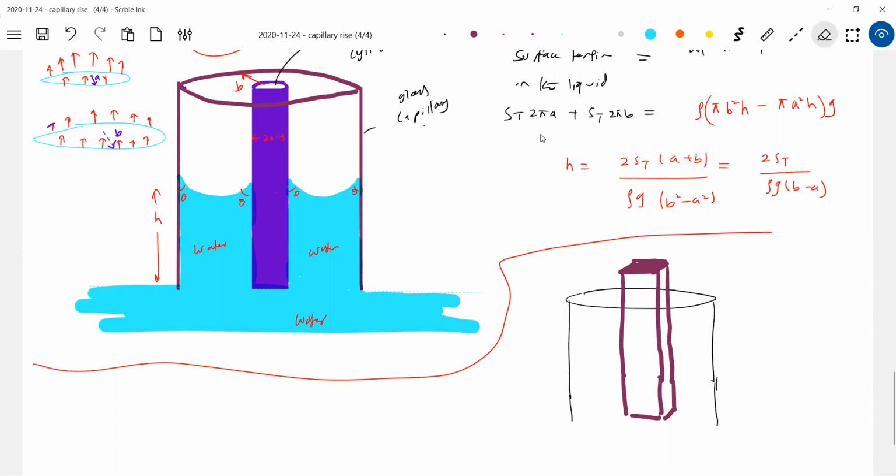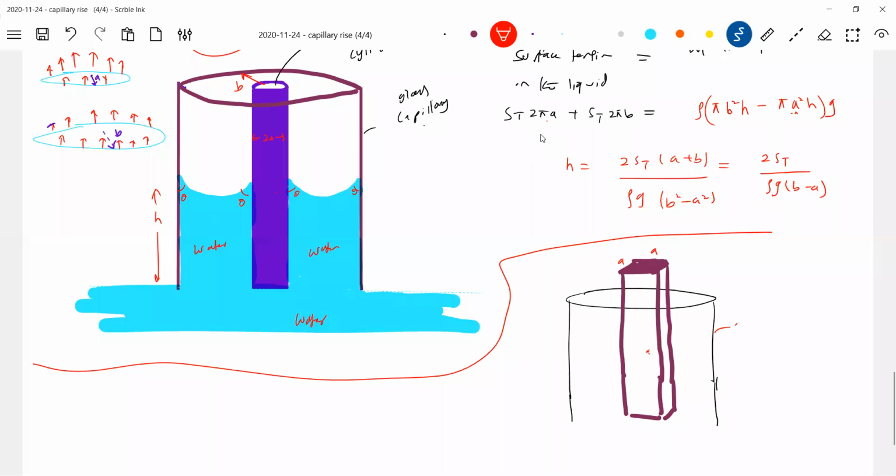There's no change in this one, no? And there's no change in this one. You have to change this. What you should write? So the dimensions. If you give the dimensions, like there's an area of cross section, so this is like a. So ST into 4A will come. Then here you subtract the volume of that particular. I think you should not call it cylinder. Better you call this a cuboid, no?